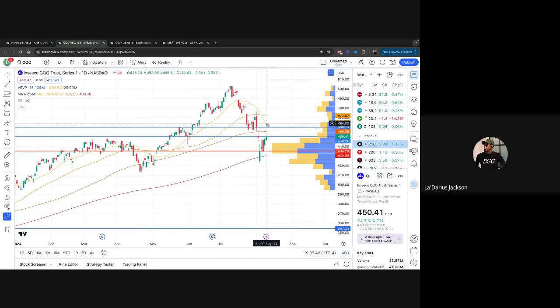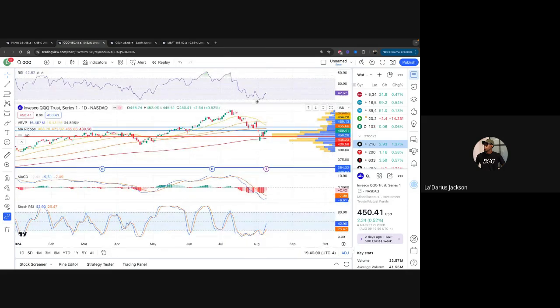You can see that 20-day MA is 464. It could be coming down some more depending on how fast we race up against it. But again, my target right now at 450 is 455, 460, and we have a high of about 465, 464. Reason why I'm saying that is because if we look at the RSI, 42 on the RSI